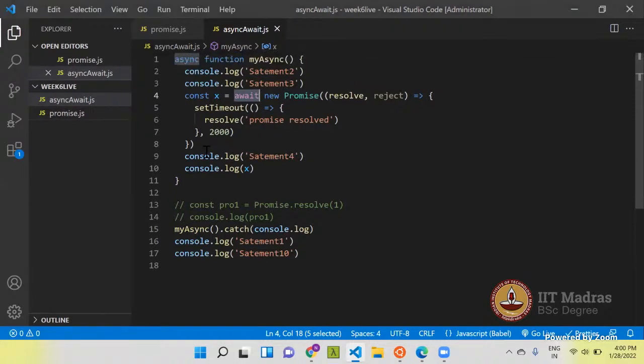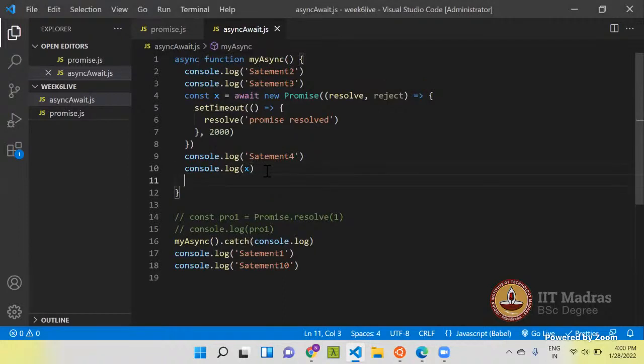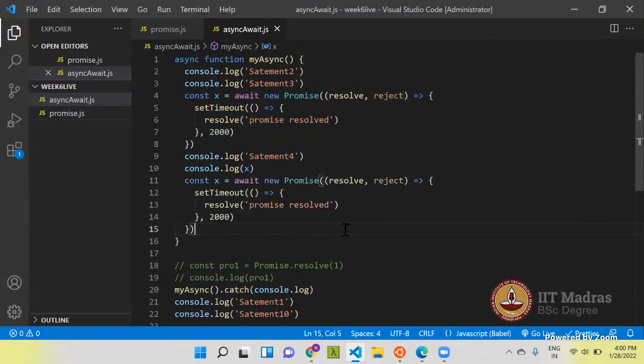So now what happens after this statement? I will write one new promise. I will pass promise to resolve, and then I'll change the name of x to y.